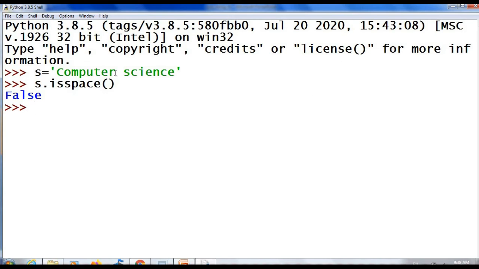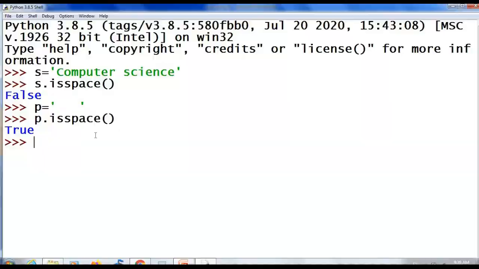This string computer science contains a space, but it contains other characters also. p equal to three spaces. p.isspace(). See the result? It is true. That is, the method isspace will return true only if all the characters in that string are white spaces.